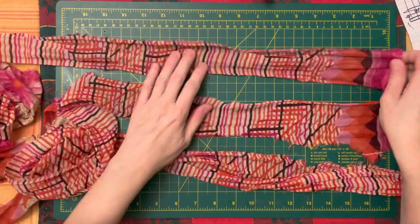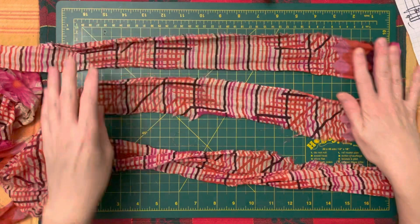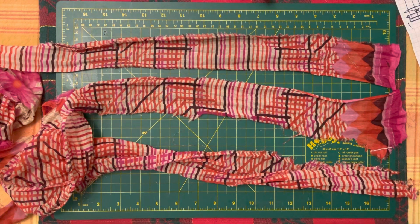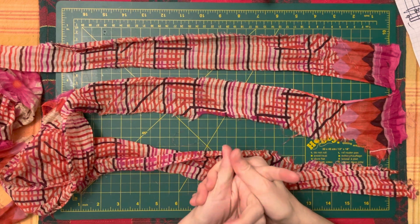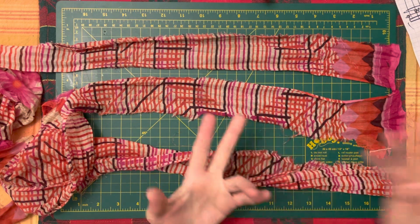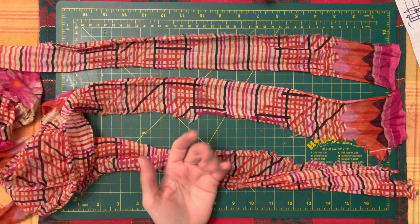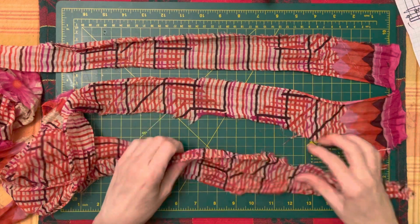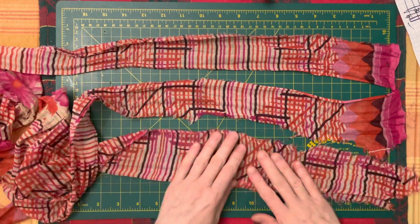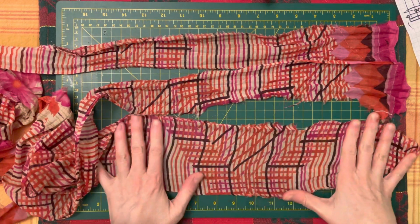quarters, to buy a chindi rug and then undo it, wash it, and then you have all of these beautiful fabrics. And you can buy them on Amazon, you can buy them on Etsy, you can go to the dollar store like I can, Walmart, and there's a bunch of other American stores that we don't have here in Canada where you can buy these kinds of carpets and take them apart, and then literally Bob is your uncle, and